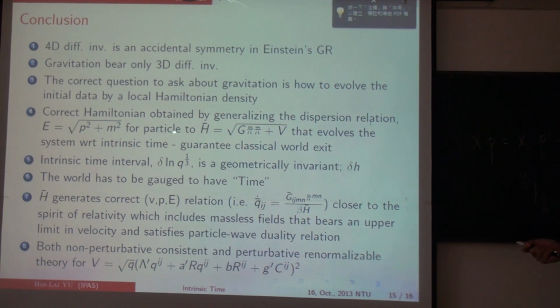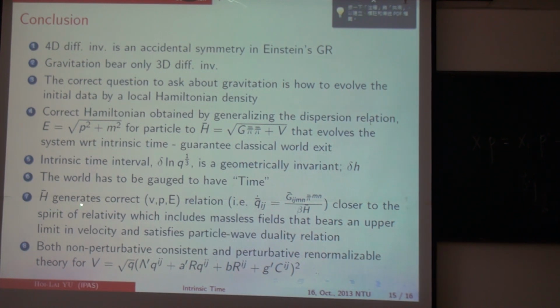The correct Hamiltonian can be obtained by the generalized dispersion relation. For example, E equals square root of p squared plus m squared for particle to field theory, which is g bar bar plus V. The V is the most general V, including the Ricci curvature, free Ricci curvature, and also dimension 6 quantum operators, and so on. And intrinsic time is a geometrical invariant delta H. The world has to be gauged because we have to have time. Now, more important,